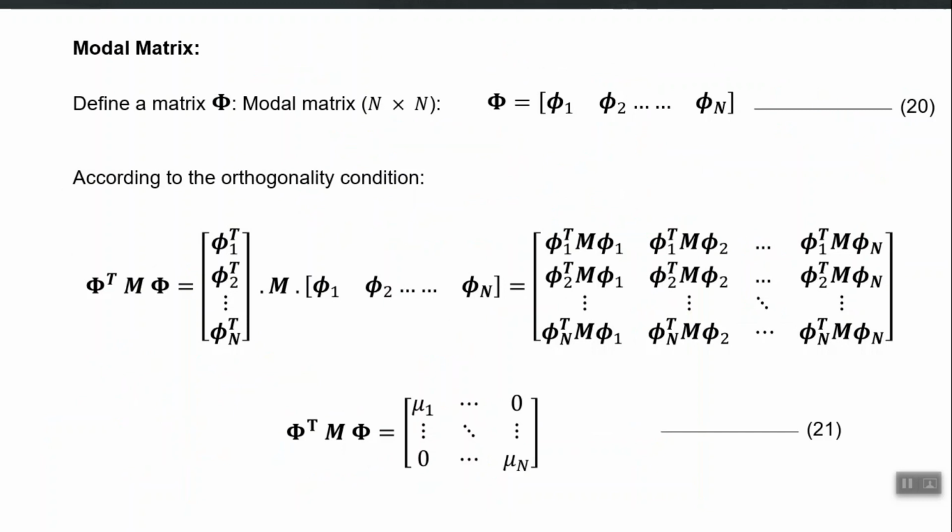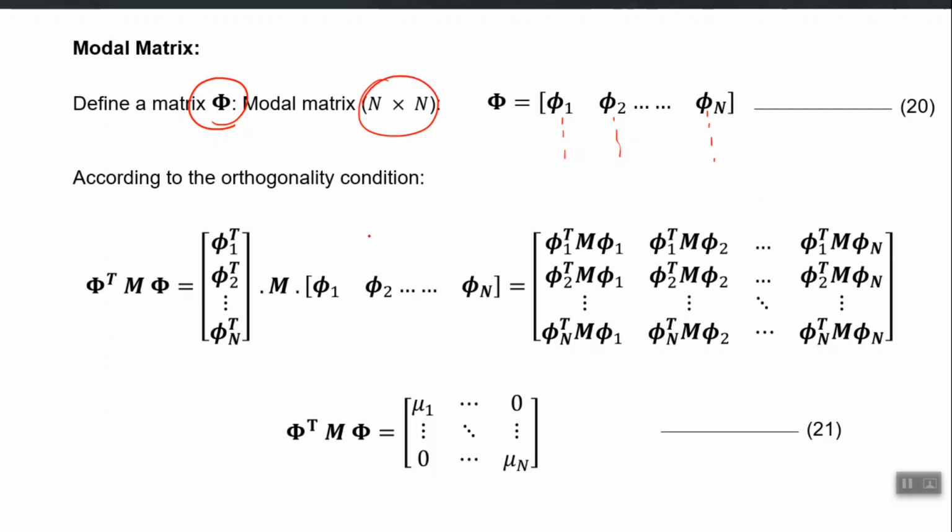Another form of that property can be written, and that form is the one which I just started, and then I said that I would come back to it later. Let us make a capital phi matrix such that all the mode shapes are arranged as columns, right. So phi 1 is the first column, the second column, up to phi n. So it is an n by n matrix for an n degree of freedom system, let us say.